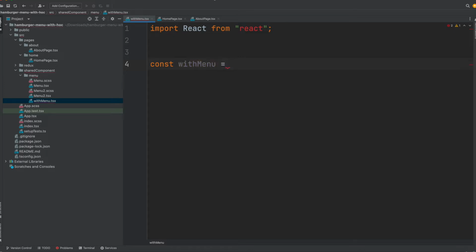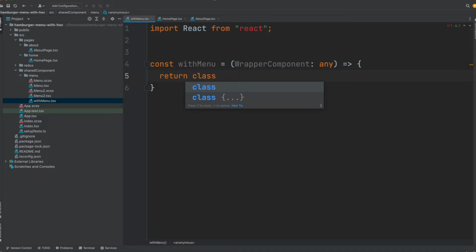And then it's a function basically. What do we get as a parameter inside of the function? We get the component. So let's add a component, we call it WrappedComponent, and the type could be any. Let's just keep it as is. And what it returns is a class. It should be a class, which is one of the requirements for HOC, extending